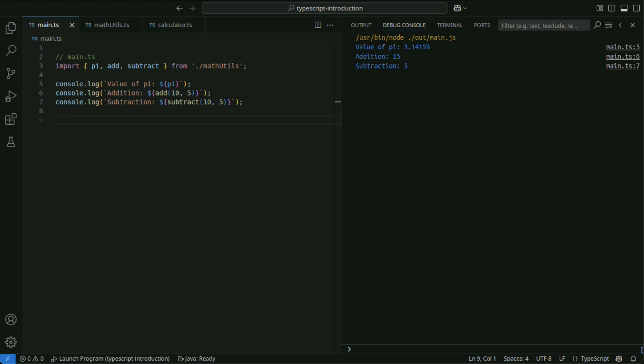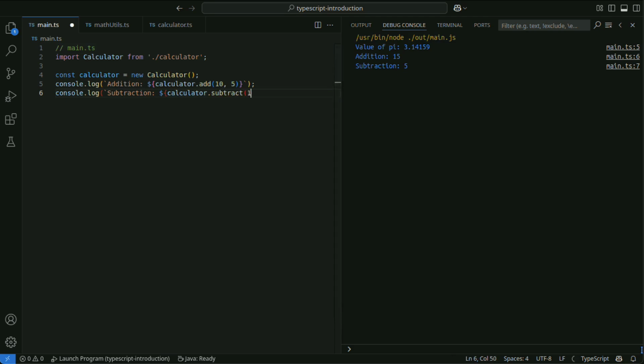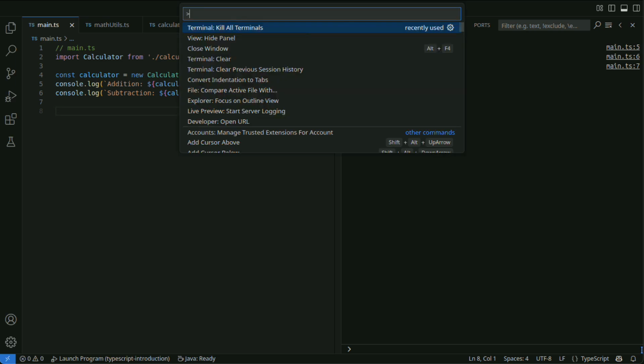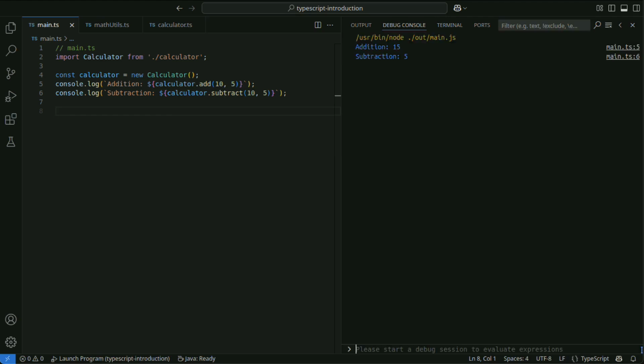When importing a default export, you can receive it with any name. To avoid name collisions or shorten long names, you can import with an alias.